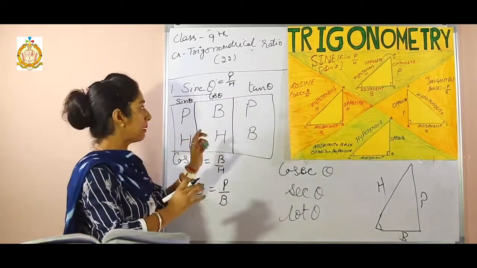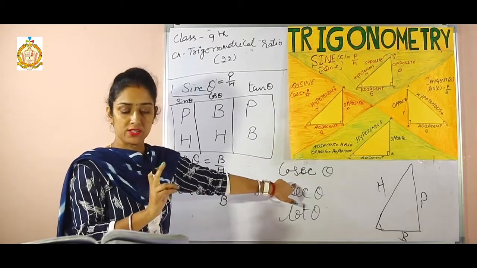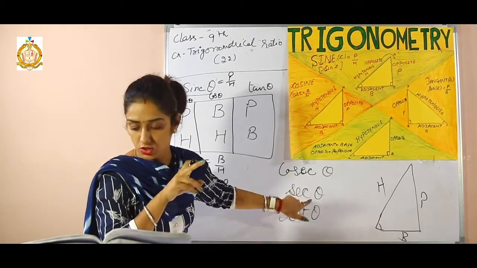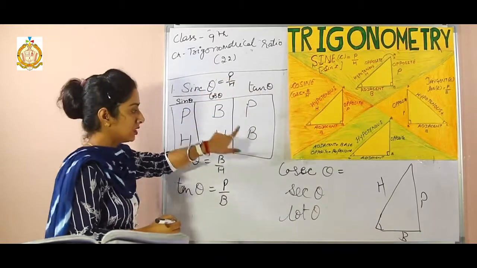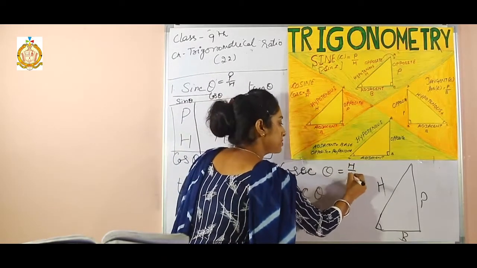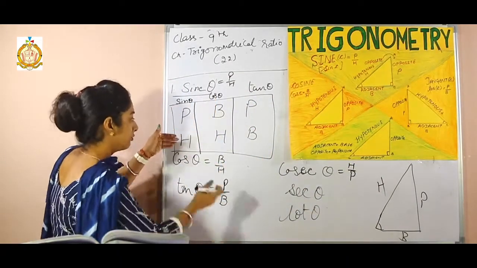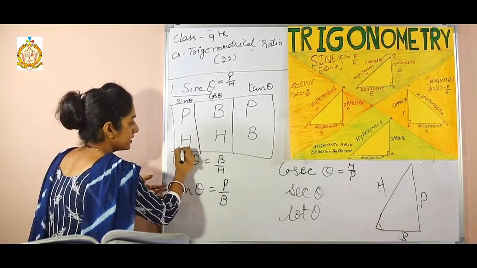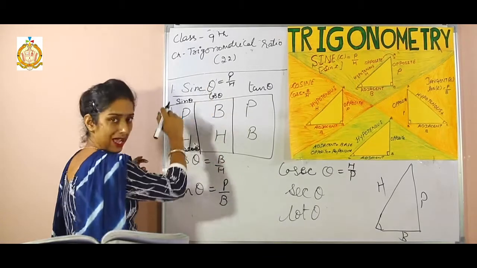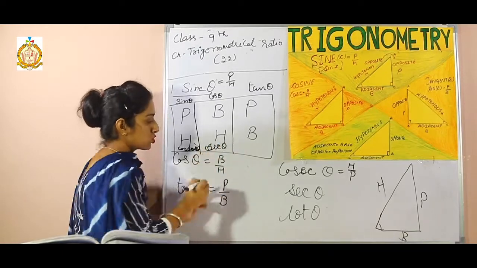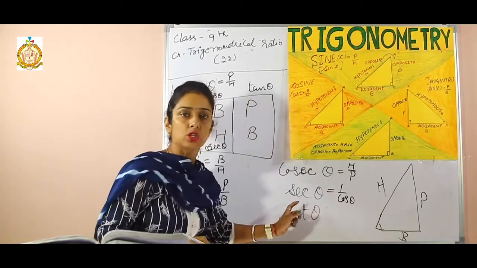Now, one thing you should remember, the opposite of sine is cosecant, right? Opposite of sine is cosecant. So, if sine theta is P over H, then what is the cosecant theta? That is opposite of sine, H over P. Means when we take this value from downward, H over P, that is cosecant theta. This is H over B, secant theta. So, opposite of secant theta is what? Cos theta. That is, 1 over cos theta is equal to secant theta.